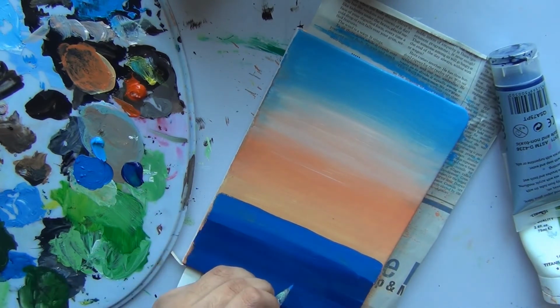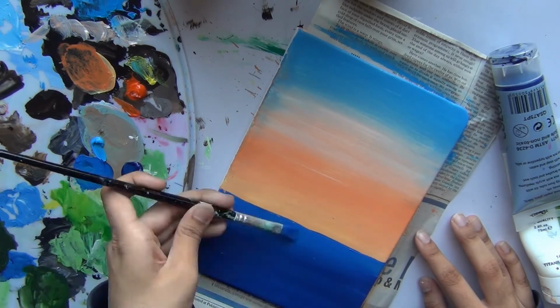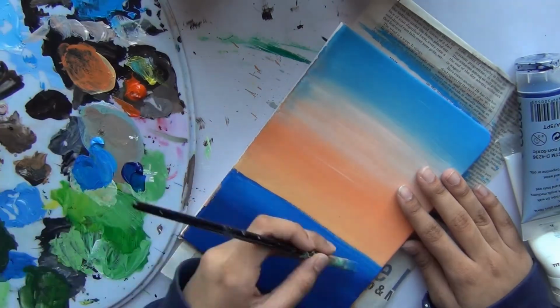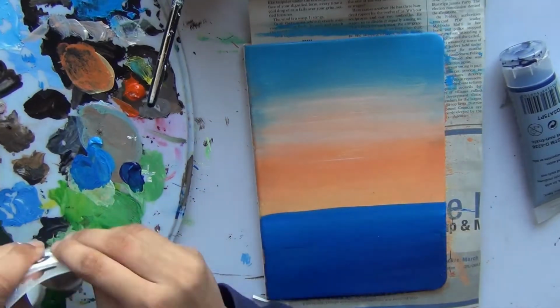Like, yeah, much struggle later. I adjusted it and fixed it, so it's not a terrible brown color. It's still brownish, but not horrible. Starting with the sea,